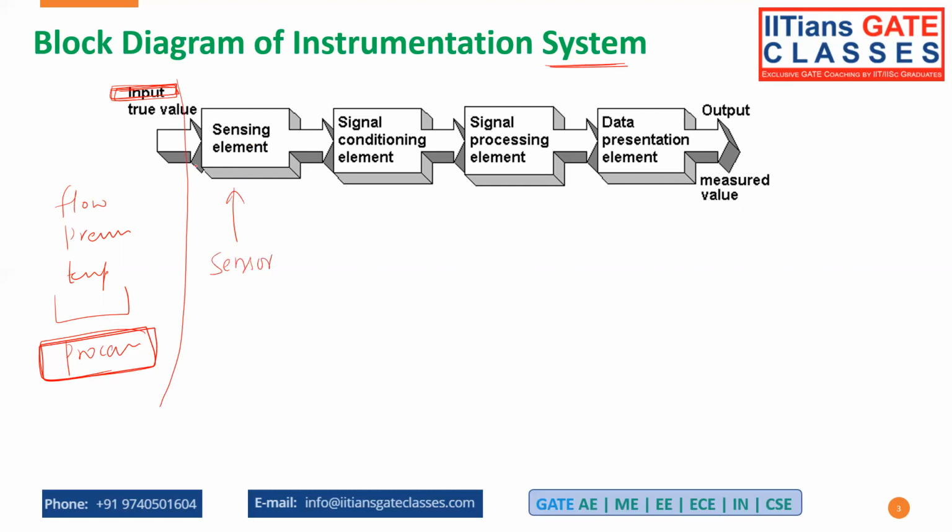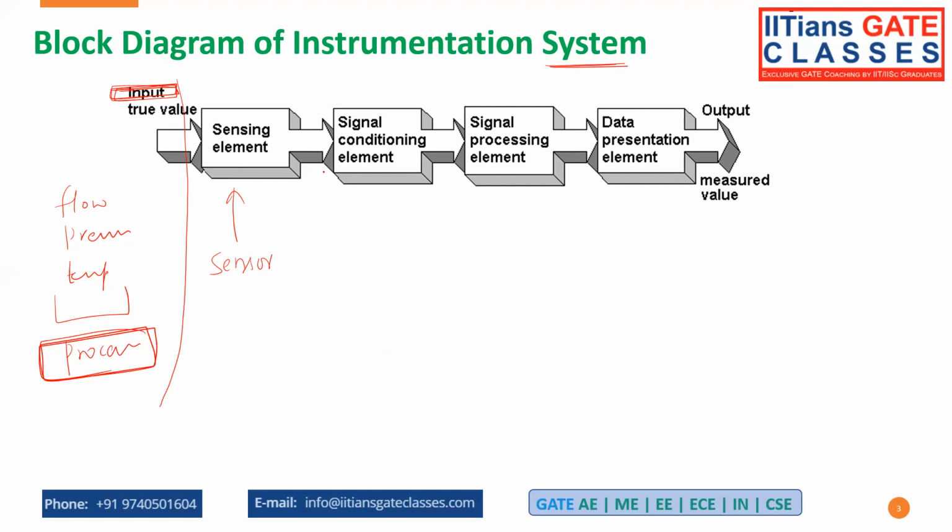Sensor senses the process, right? As I told, we have a temperature sensor, flow sensor, many sensors. So when I say temperature sensor, the temperature is going to be the process, and the sensor is going to sense the process, right? Next we have